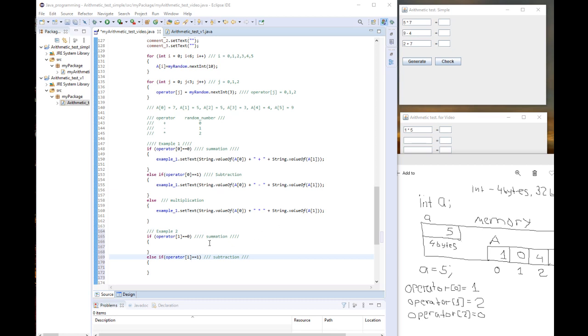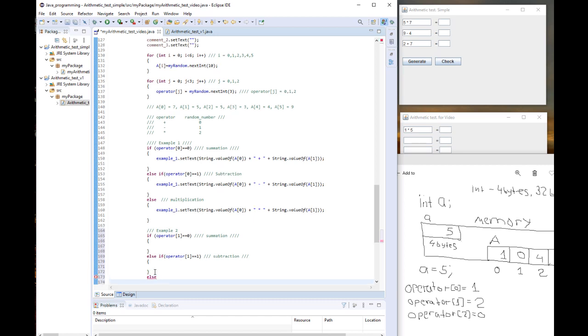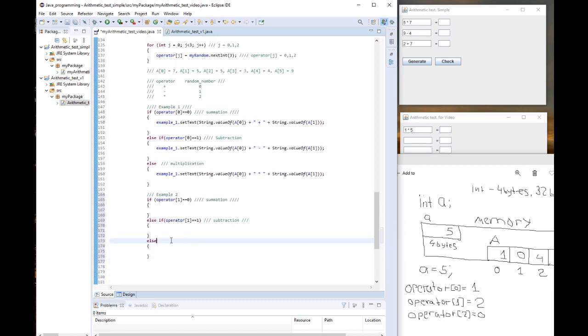So it is either summation, subtraction, or multiplication. So now, how to process, how to display the numbers and operators for example 2. We will use the same way we discussed before